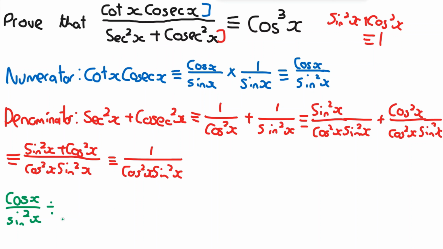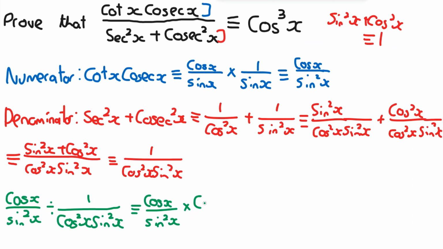So it's divided by 1 over cos squared x sin squared x, like this, which we can write as cos x over sin squared x times cos squared x sin squared x over 1, like this,